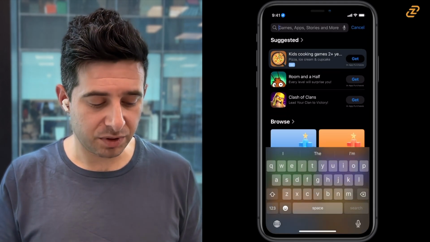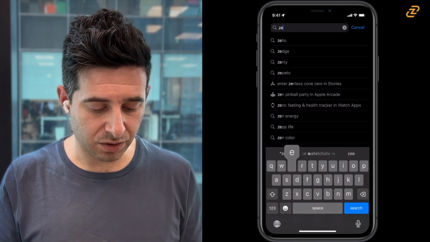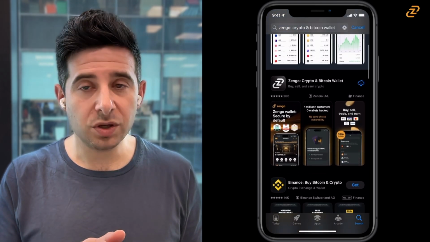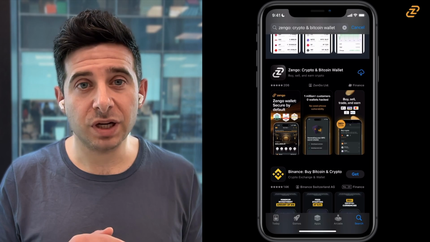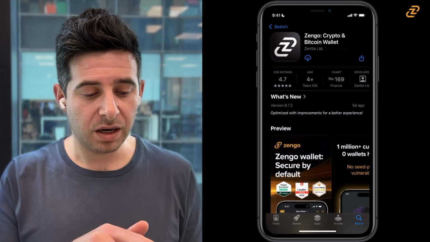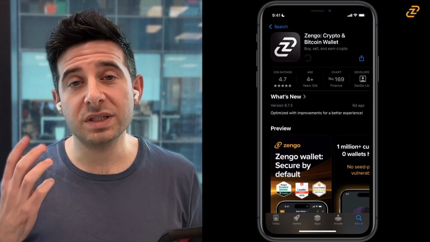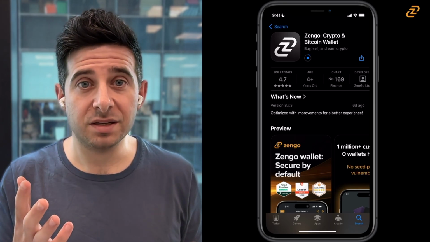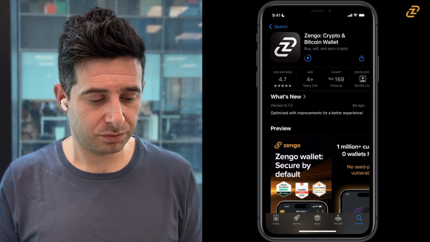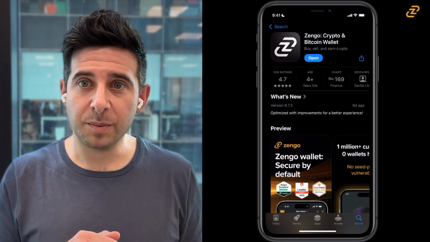I'm going to tap in the search bar and type in Zengo. And it's usually one of the first search items. I'm going to tap on Zengo to make sure that it's the correct one, and I'm going to tap download to re-download Zengo on this device and start with the secure recovery process. I'm going to tap on open,